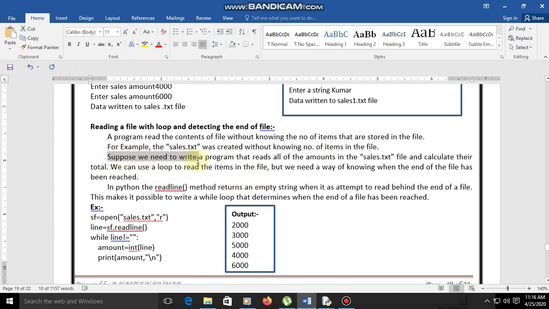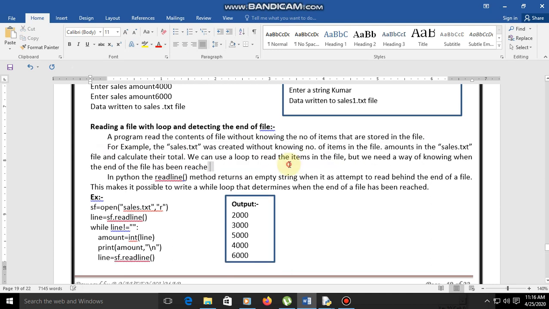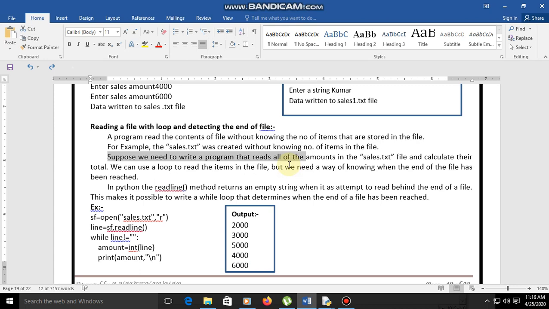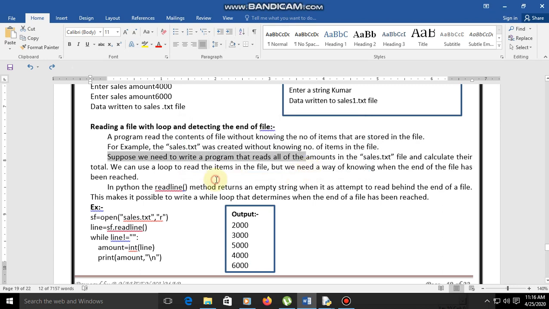Suppose we need to write a program that reads all of the amounts in the sales.txt file and calculates their total.